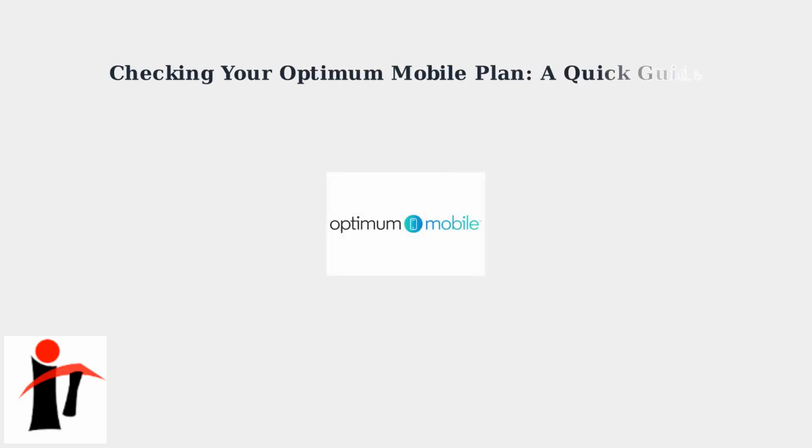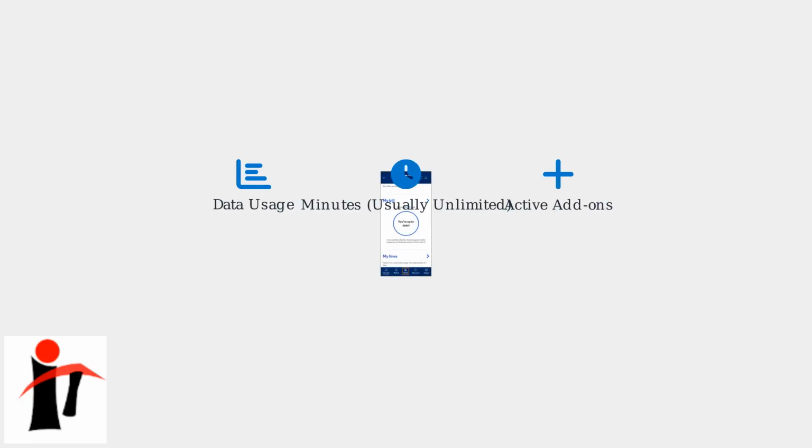Optimum Mobile makes it easy to monitor your data, minutes, and add-ons. The primary method is the Optimum app, available on iOS and Android. Log in and navigate to the Account tab, then select Plan Details. Here, you'll see a breakdown of your data usage, whether your minutes are unlimited, and any active add-ons like international